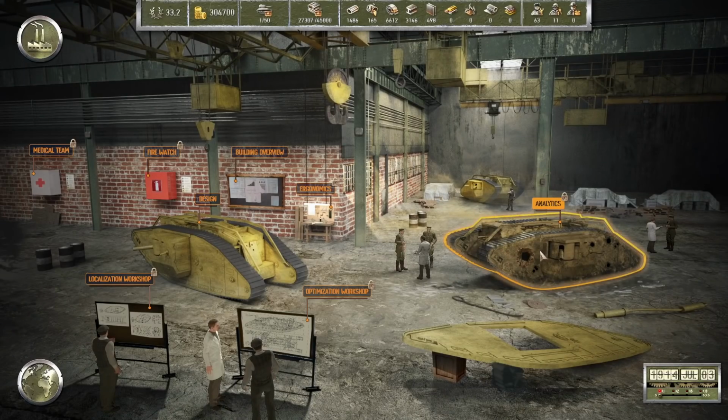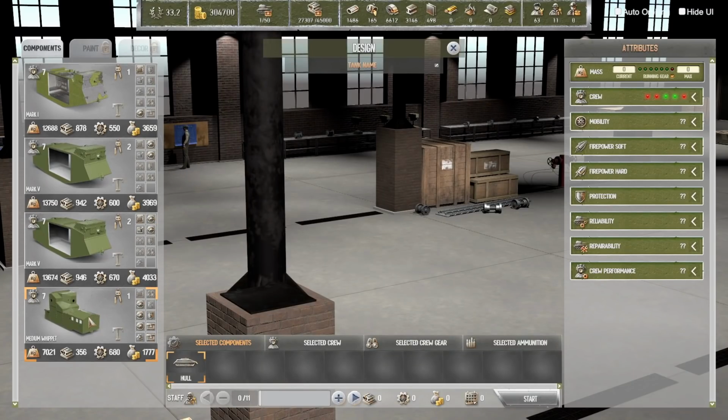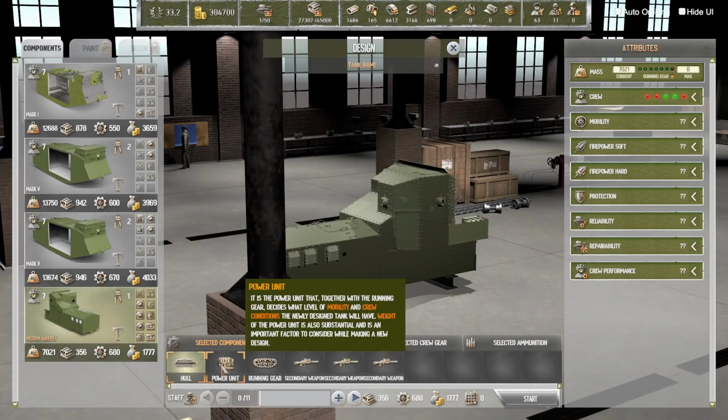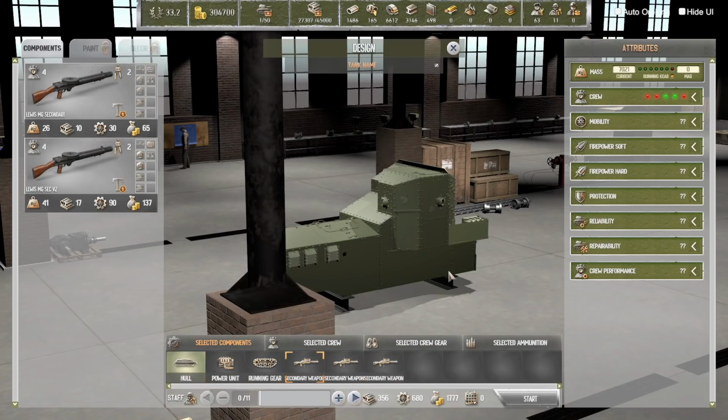So right now the Army is just about to propose something for this light cavalry type tank, which we are not at all able to build right now. Just going to the design window and checking out what we already have. We have a hull, but we have no engine. And we have no running gear. The secondary weapons will be easy to take care of, and then we're going to have something which is like